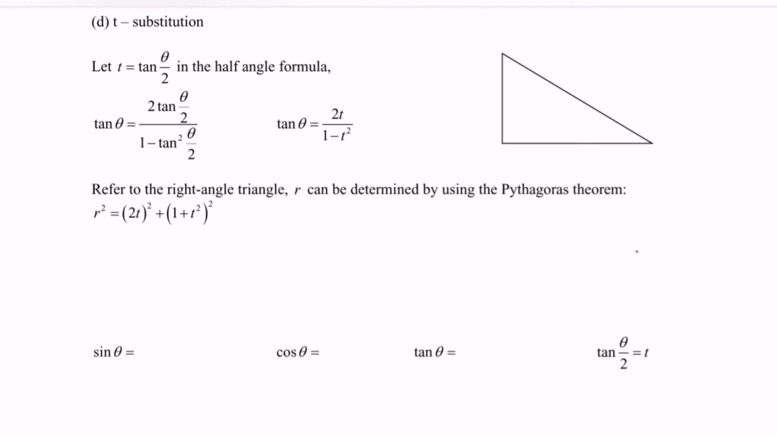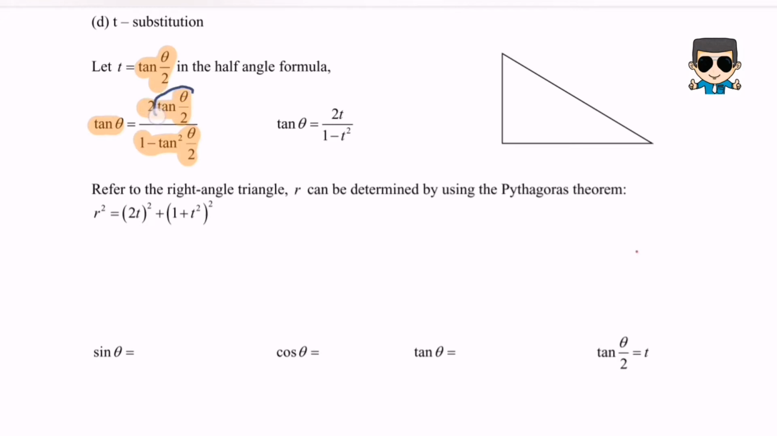Hello everyone, in this video I'm going to discuss the solution of trigonometric equations by using the t-substitution method. So let t equal tangent theta over 2 in the half angle formula. In the half angle formula, we have tangent theta equals 2 tangent theta over 2 over 1 minus tangent squared theta over 2. So if we let t be tangent theta over 2, the situation will be